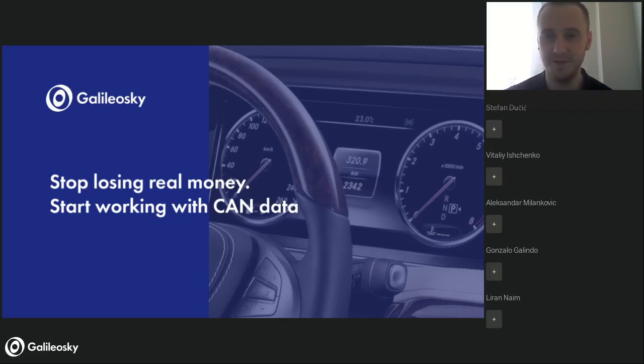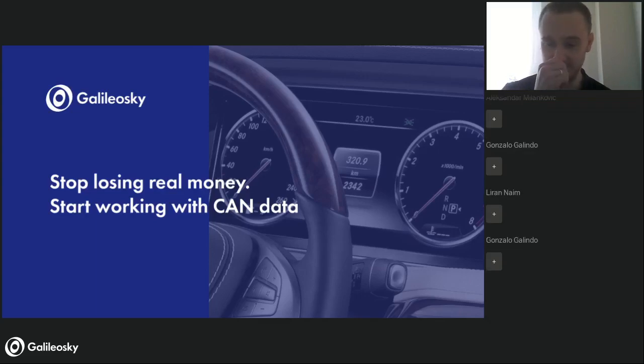And how many of you are using a Galileosky CAN scanner, or not using any third-party equipment, just getting direct data from the CAN bus? Put some emoji in the chat. Awesome. So Gonzalo knows how to use the CAN scanner. Plus is a good emoji. Anyway,